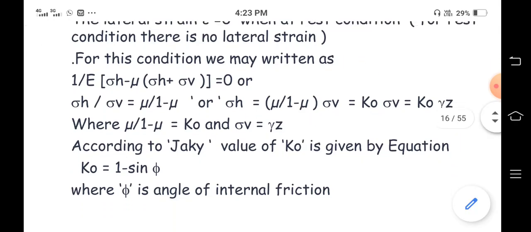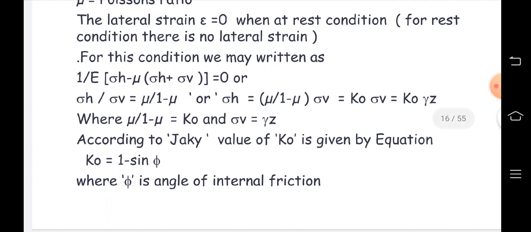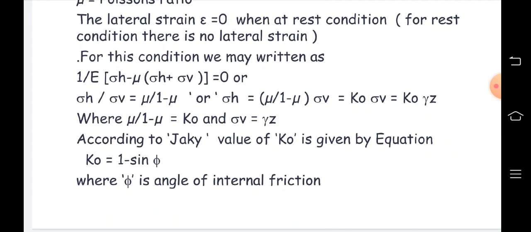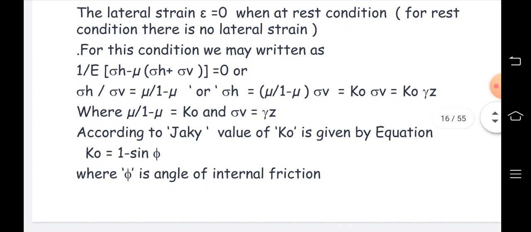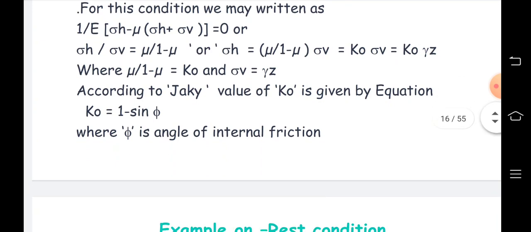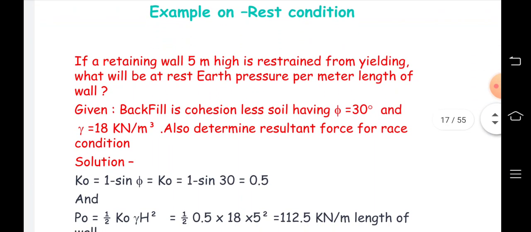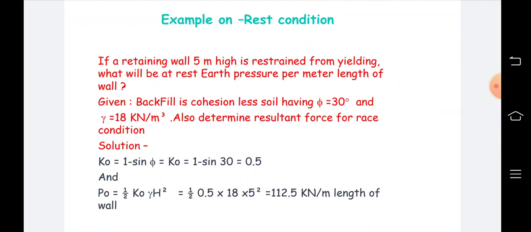But according to Jaky, the value of k0 in the given equation we take as k0 equal to 1 minus sin of phi. Now, in the previous case we saw that the coefficient of active earth pressure formula is 1 minus sin of phi upon 1 plus sin of phi, and the coefficient of passive earth pressure, that is kp, is 1 plus sin of phi upon 1 minus sin of phi. So the coefficient of earth pressure at rest formula is only k0 equal to 1 minus sin phi, where phi is the angle of internal friction. From that we can solve a simple problem. It may be asked for your 2 marks